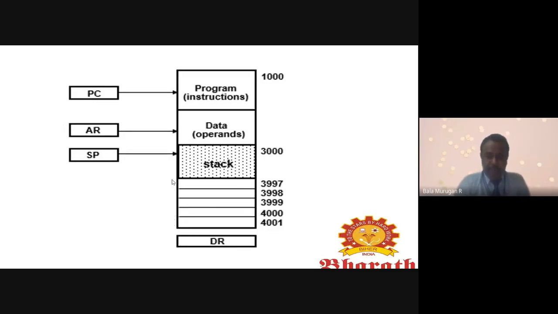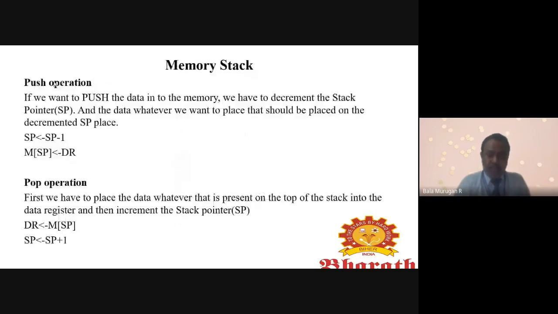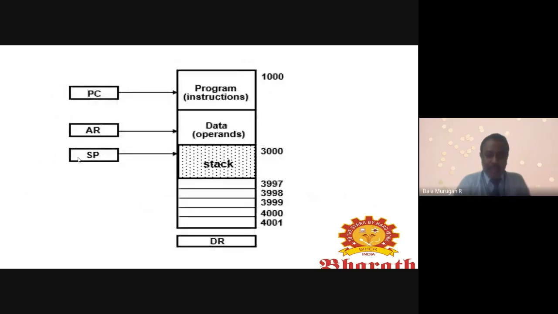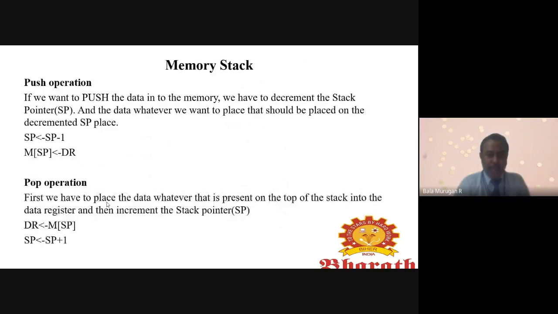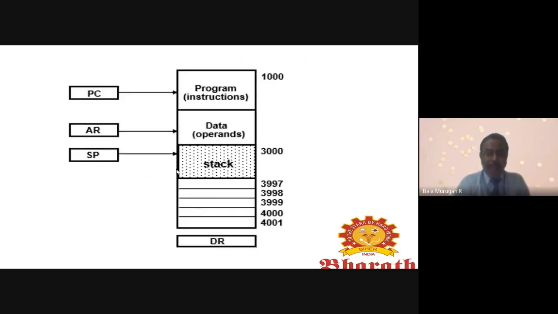If you pop, that is delete, the stack pointer will increase. First it decreases for the push operation, and for the next operation, the pop operation, the stack pointer will be incremented, and it keeps moving like this.